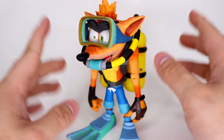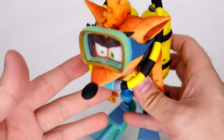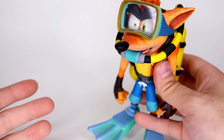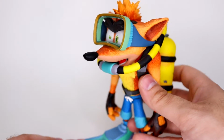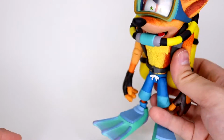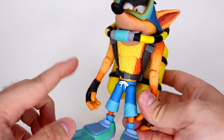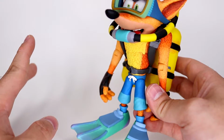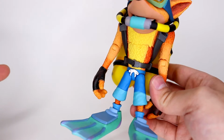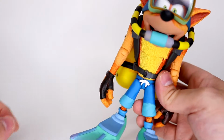This is so rad. Let's go over the figure's paint, which, to be honest, I didn't really look at when I first got it, but now I'm actually doing a breakdown on it. This is probably the best paint job we got on Crash so far. I mean, the hair is still not accurate, but the blending on the rest of the head is seriously better than any Crash figure we've gotten so far. No lie, it's almost worth grabbing another one of these figures just to take all of this off and then have another standard Crash figure or some other Crash figure and swap the legs and put on the eyebrows of the other Crash, and you got yourself a better looking Crash figure,